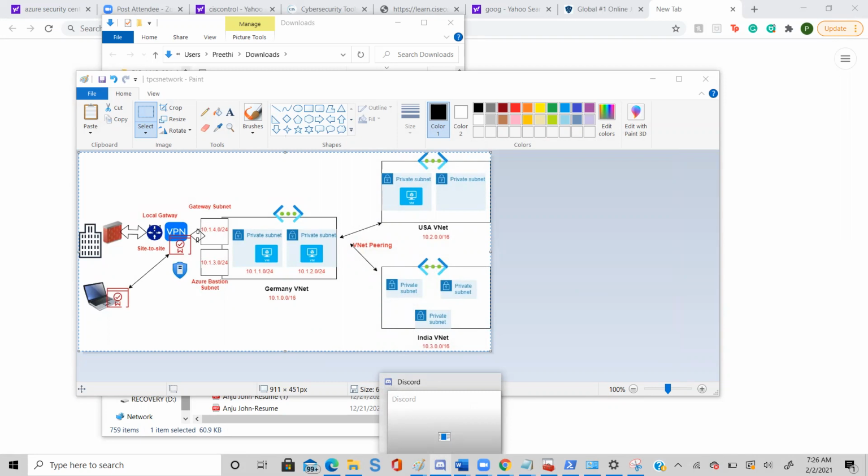I'm going to say this PC, C drive, and then I'm going to say university. Yeah, this is downloaded.